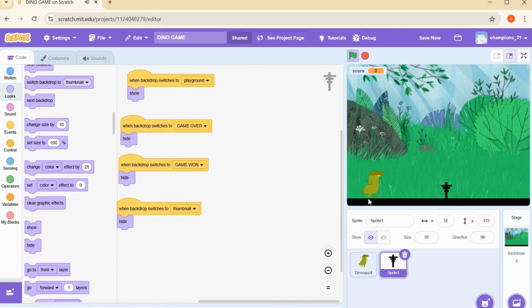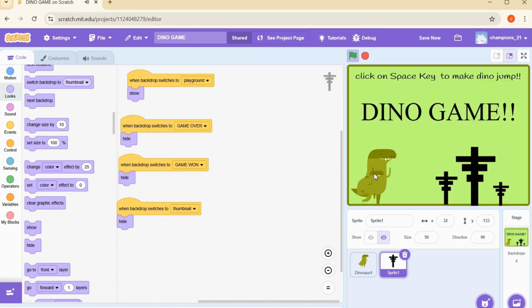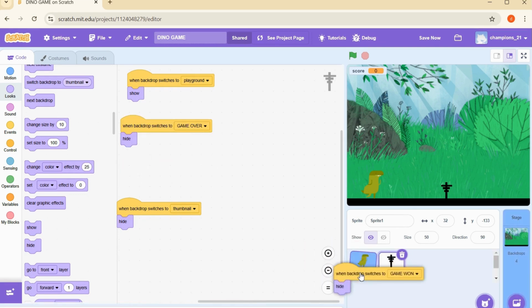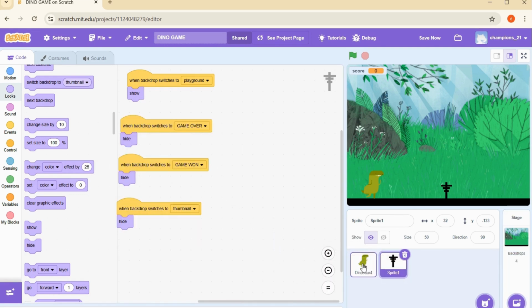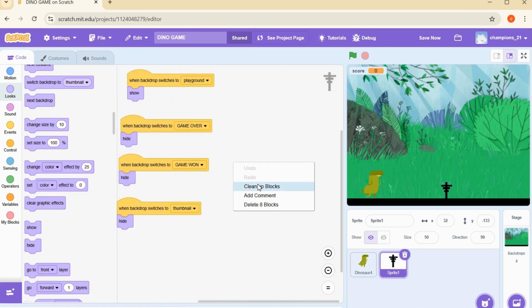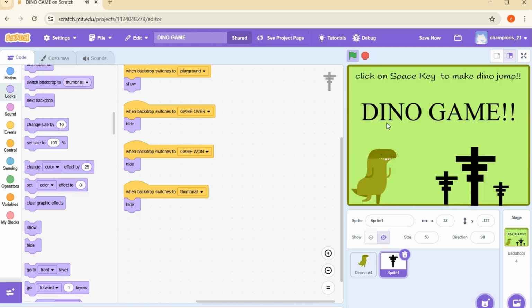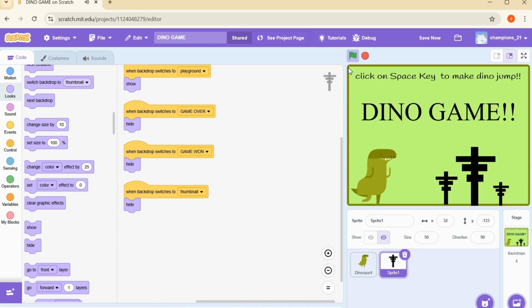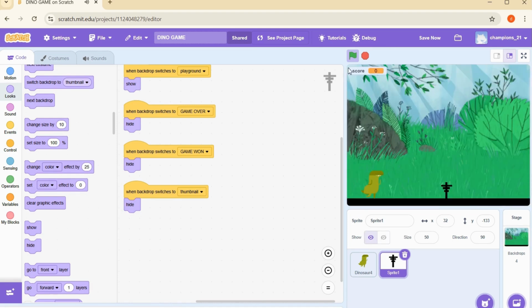We will do exactly the same with the dinosaur. Can you see? One more dinosaur is visible here. So we will do exactly the same process as I told you, I think in lesson number 3, of how we can transfer the same block to a different sprite. Just take it and drag and drop. Like that. And you can see all 4 blocks are available inside that. Now see, the thumbnail is so clear. And can you see the variable also? It is hidden, but when it switches to this, it is shown.